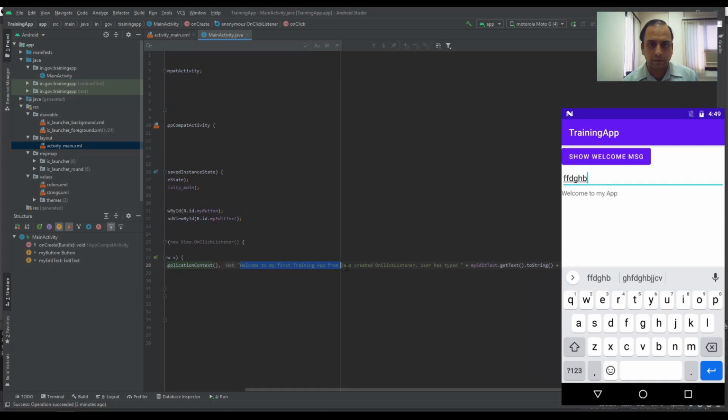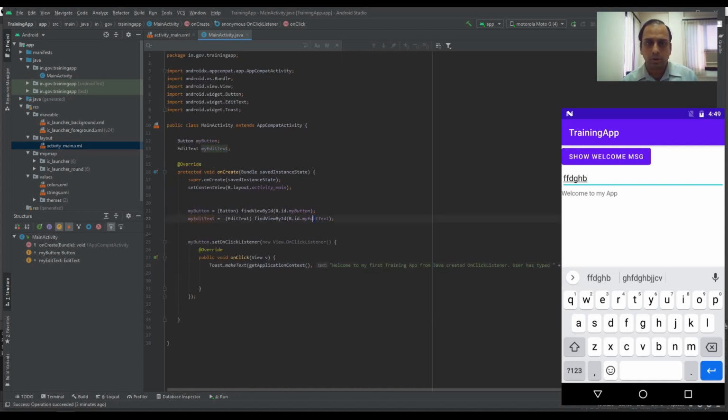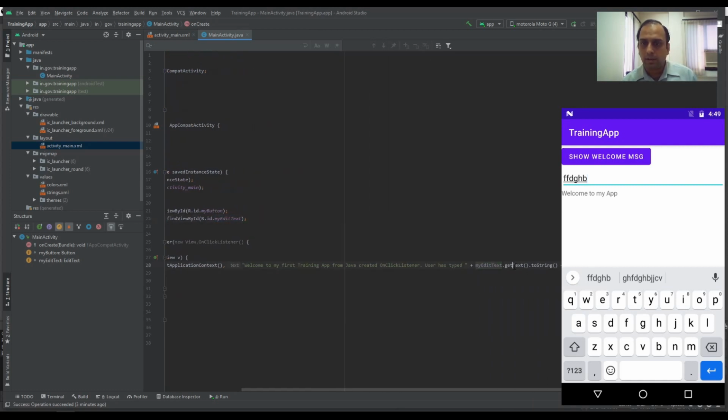Welcome to my first training app for Java. This user has typed, and after that it will concatenate the edit text. It will take the edit text variable which we have already set to fetch this ID, then take the text of it, convert it to string, and then again concatenate it with the remaining text body.